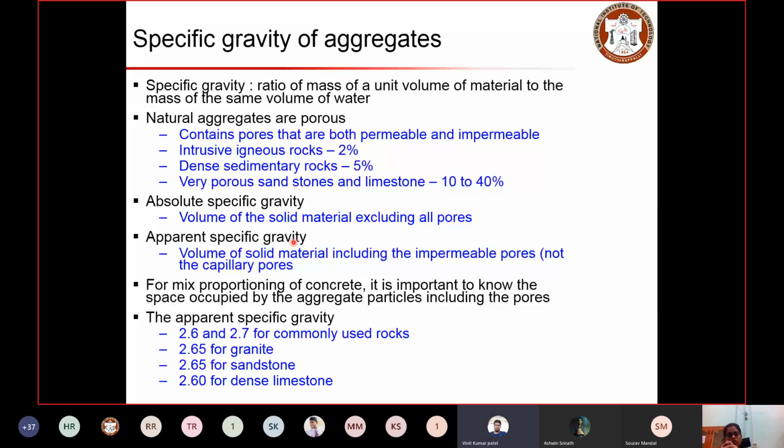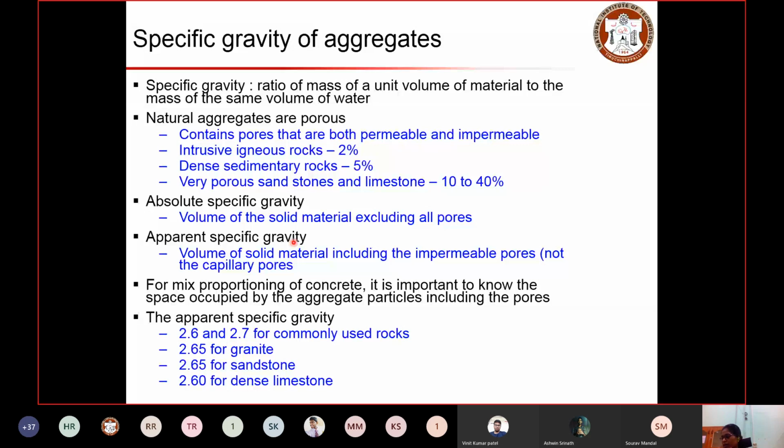So we know that natural aggregates are porous in nature and contain a certain amount of pores that allow water and certain kinds of pores that do not allow water. Those that allow water are permeable pores, and those that do not allow water are called impermeable pores. Depending on the nature of the rocks that we obtain, or the aggregates that form, there is certain porosity or pores present in those kinds of materials. So this gives a general idea how many pores will be present